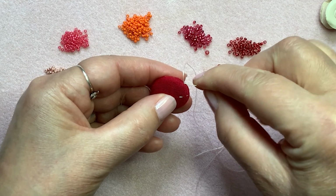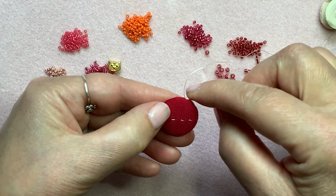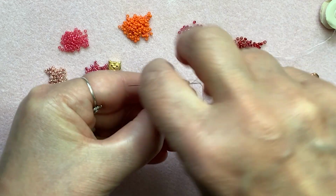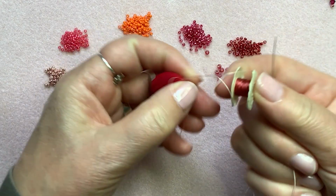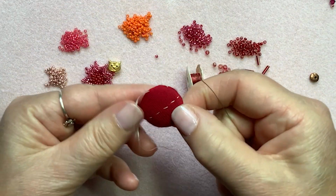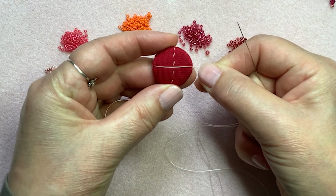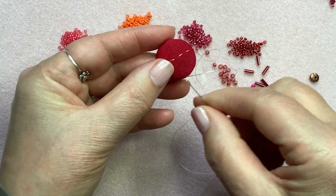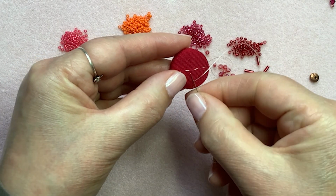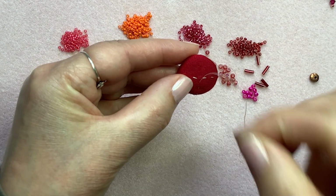You can make relatively large stitches because nothing's going anywhere. Everything's very tight between the fabric and the surface of the button. I'll move that reel of thread out of the way. And now I'm going to do a line left to right or east to west, west to east, however you want to see it. Now this is one of the smaller buttons, so I'm only going to put on these